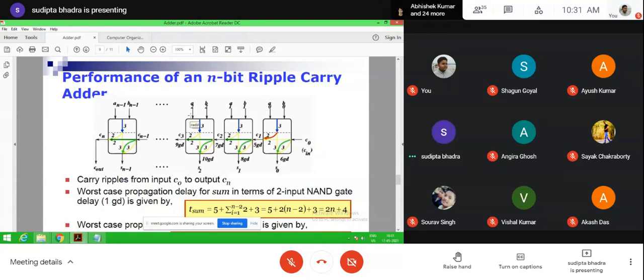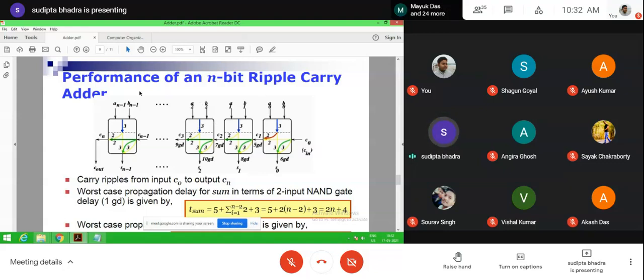Now after that, what's the problem with ripple carry? You have to depend upon the carry to propagate from right hand side to left hand side. Until and unless you get the carry from the previous full adder, you can't process. Once you get the carry from the previous full adder, within 2 NAND gates, using 2 gate delay, you process it and generate the carry out from that particular full adder at that bit position.